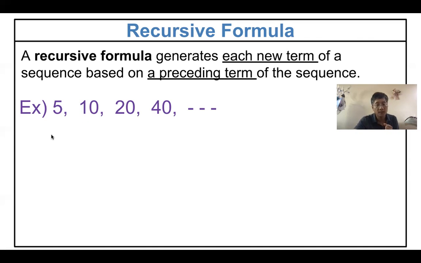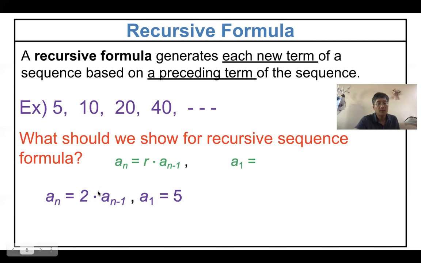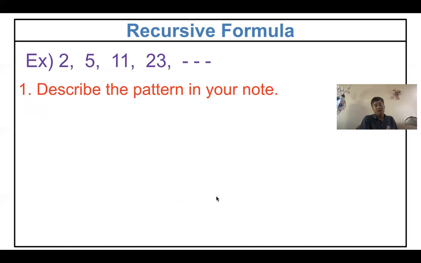So when you get the next term, a_n is equal to what? 2 times the previous term, a_(n-1), right? And then we should show what is a_1, the first term, which is 5. You get it? Now, then